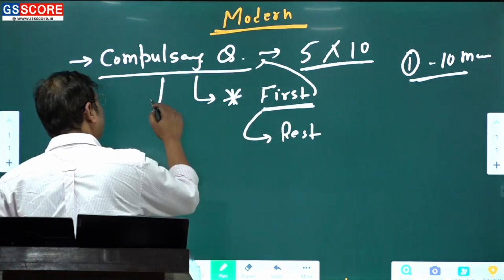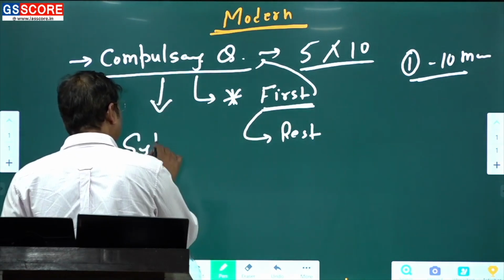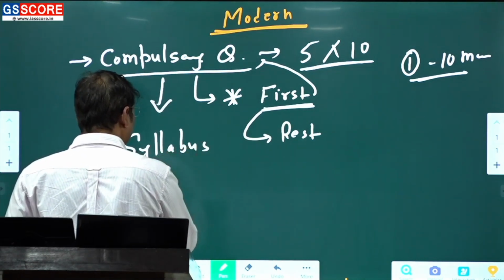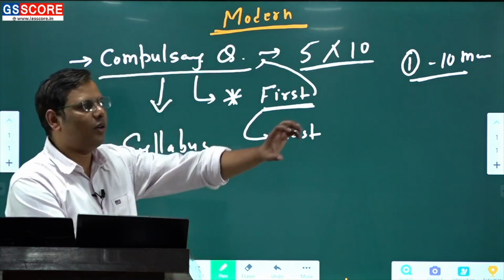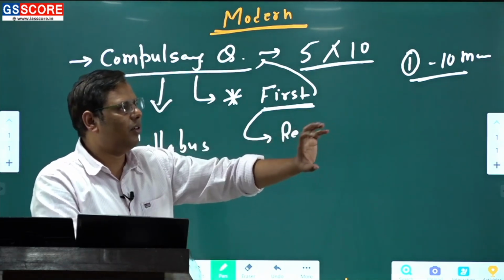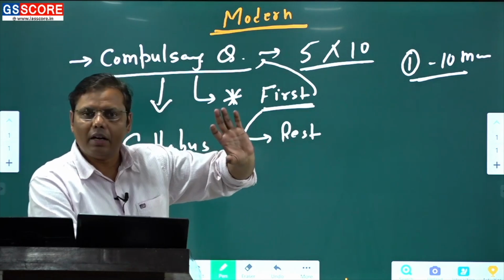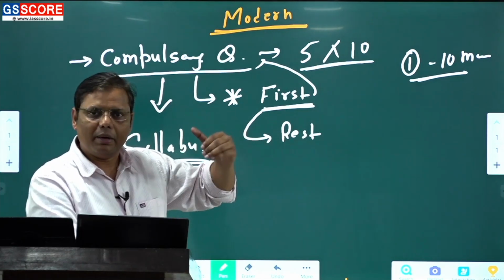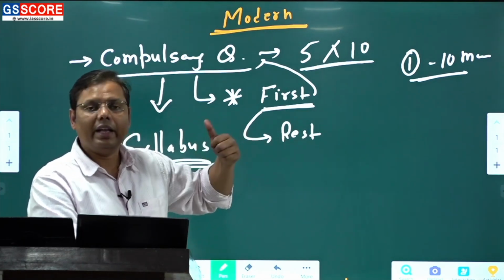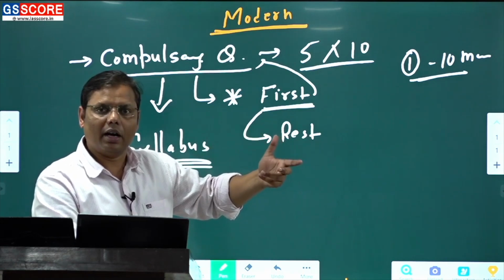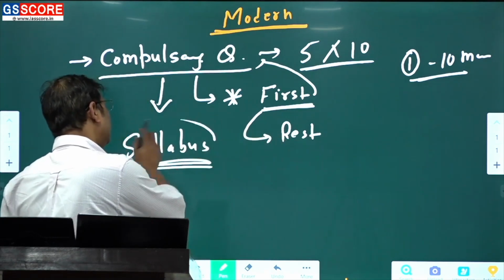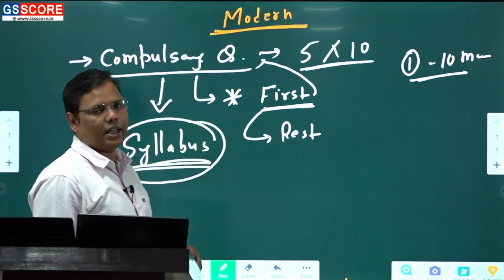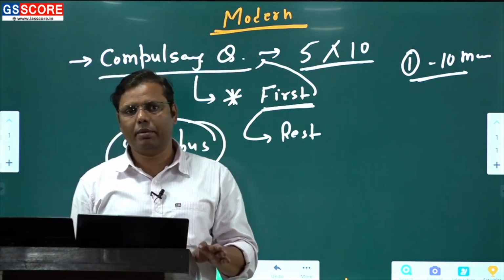The problem is this: the compulsory question is being asked from all the parts of the syllabus. It is not included in the units in such a way that you have done 4 units out of 12, or let's say 14, and you are hoping to attempt 3 questions from those 4 units. If this possibility was there, that would be literally great. But unfortunately this possibility is not there, because it is spread over the whole syllabus, and that's why you have to cover the whole syllabus pretty well.